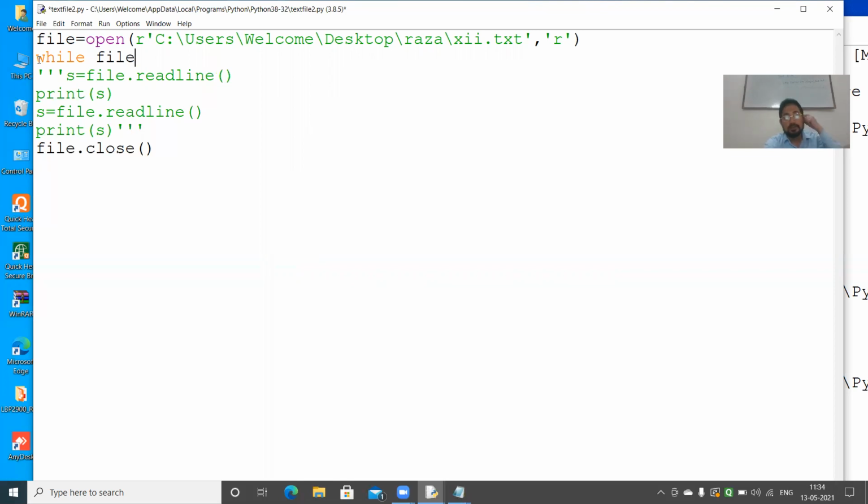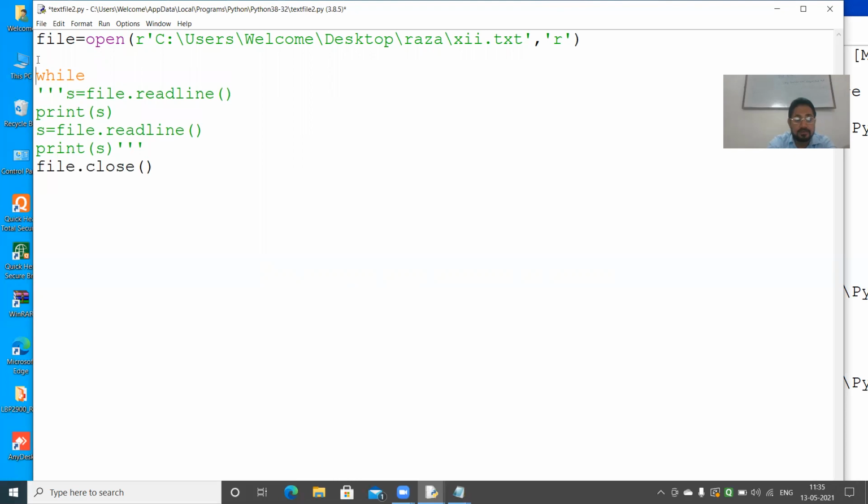Okay. So while, see here, some trick I'm using. While s is equal to blank, and then I'm writing while s.